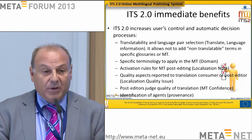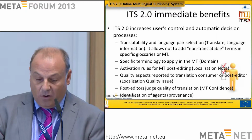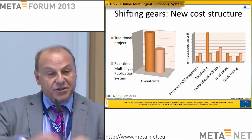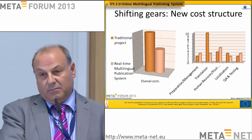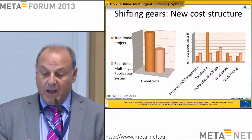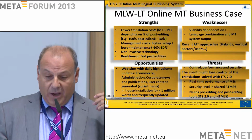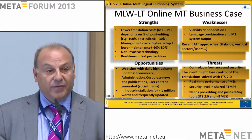And some immediate benefits. For example, we are touching here quality aspects, reporting, translation consumer, or post-editor, certain quality aspects, or for example, with MT confidence, allowing to judge the quality of machine translation. Well, here we are in front of a new cost structure for multilingual translation. Here, the costs are reduced to a very high level because basically of the reduction of cost of translation and localization, while management, revision, and testing are increased. So we balance differently the cost structure of the project, which is very interesting for very large projects, reducing at least 30% cost of projects of this kind, and also allowing the client, the final user, having control,